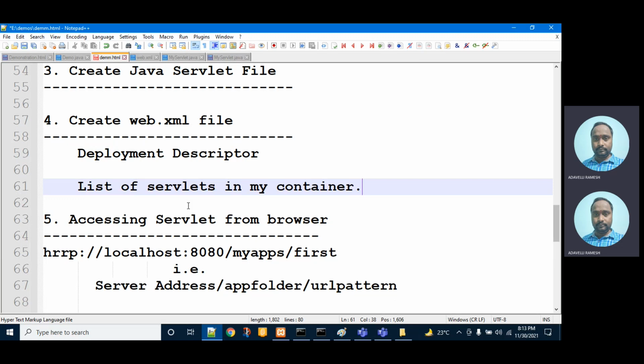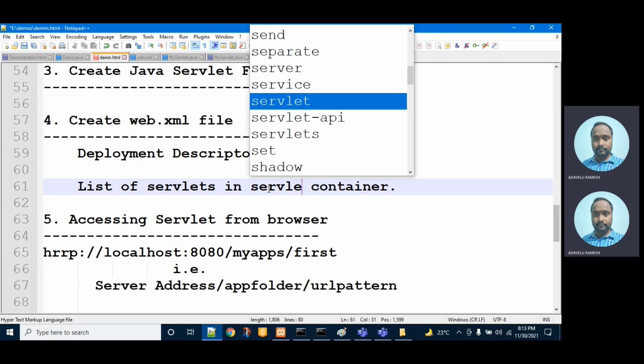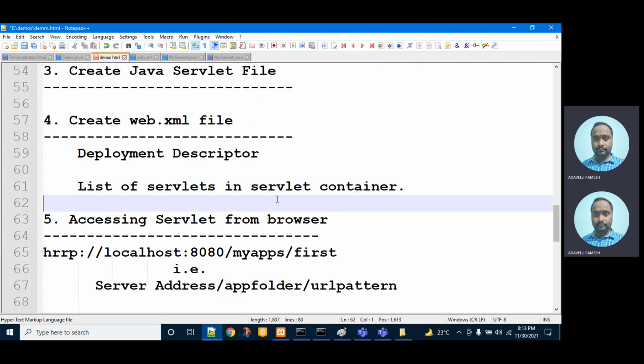Whenever a request comes to a servlet, first my servlet container will look at this web.xml file. It contains the list of servlets which are in the web server.